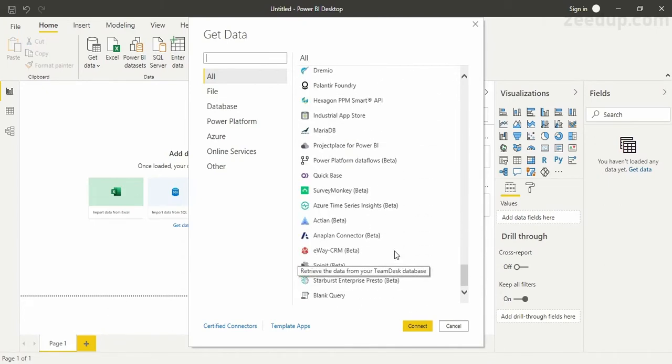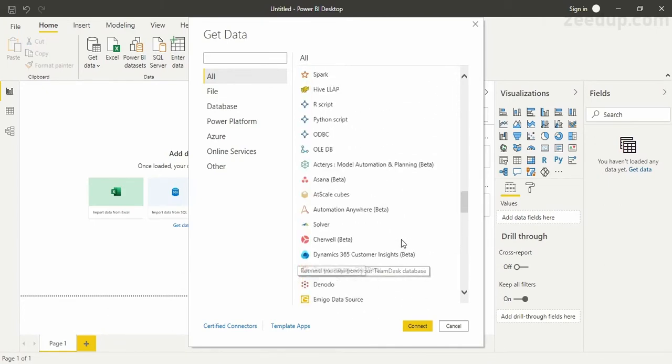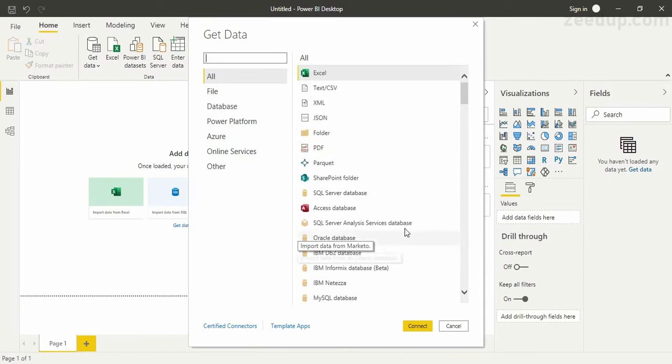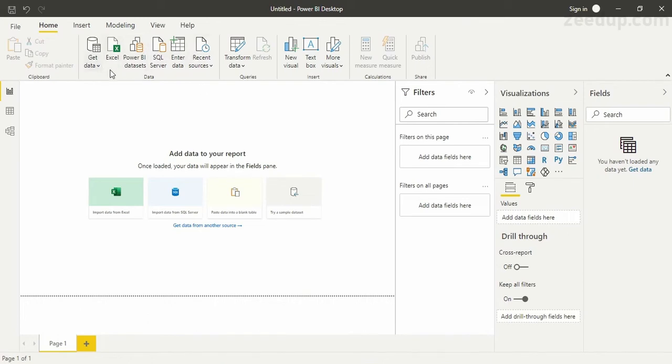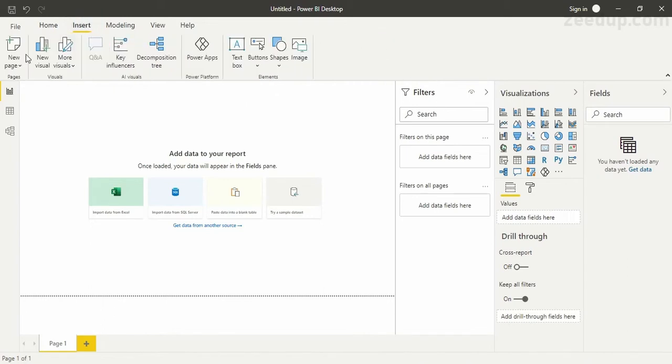So you can see there is this long list of data sources from where data can be imported into Power BI. Okay. Now some of the common sources are here. Also, we have these recent sources. If you have worked upon Power BI, then you will get a list of the recent sources from where you have imported your data. So this is the first step that we need to do. Next, we have this insert tab, which helps us to insert different kinds of things to make our report or the dashboard more